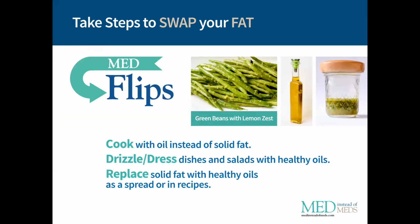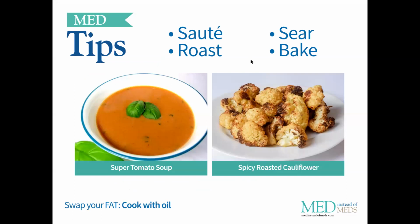So tips to swap your fat. Instead of using those mayo-based or those really creamy dressings and drizzles and things like that, go ahead and try something with an oil. You could use not just olive oil, you can use safflower oil, you can use a lot of the nut oils, avocado oil. I mean, the sky's the limit with things like that. Now, some of them have certain tastes that you might like over others. And then simply keeping it in a jar, shaking it up, is good to go. And you can prepare what you need. And you can save that little $3 to $5 that you would spend on a nice dressing at the store, right? So you can saute, roast, sear, bake,